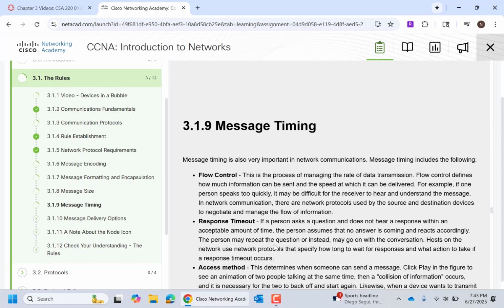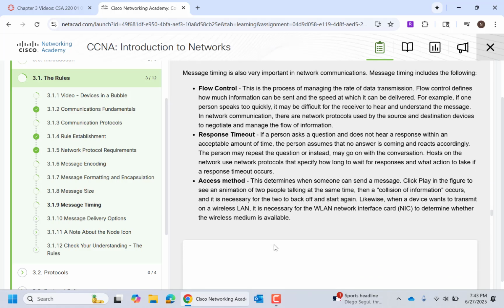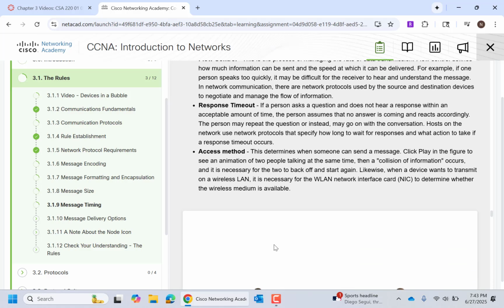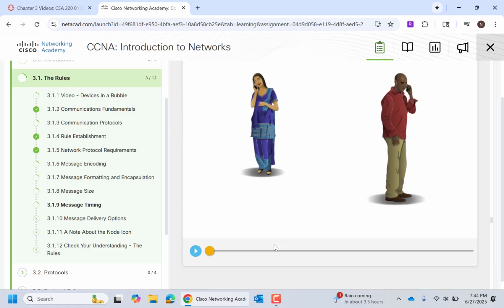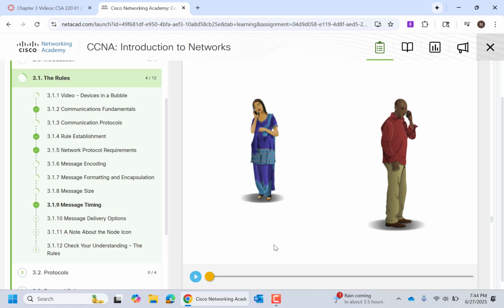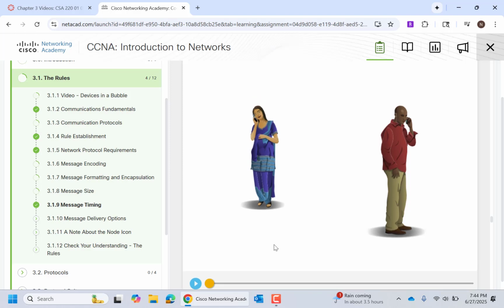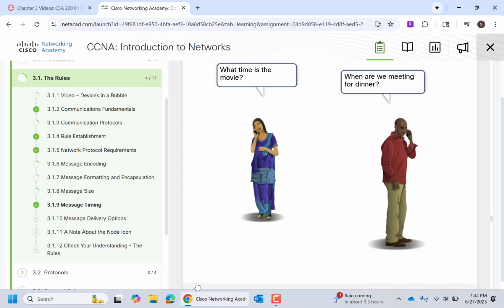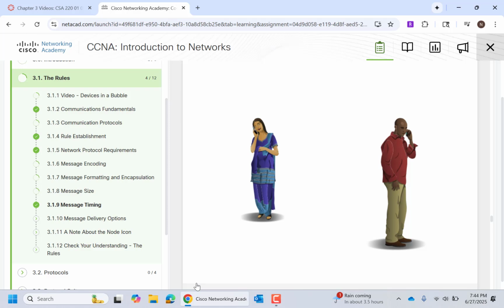Our protocols also dictate our timing. I guess I'll use this example. If you've ever downloaded something, you may have noticed that the speed fluctuates as you download. That's all having to do with the timing. At one point in time, the receiver might say, "Hey, slow down. I can't accept quite as much information," and then the sender slows down. Or it might say, "Hey, I can accept more information, so you can send more bytes at a time."